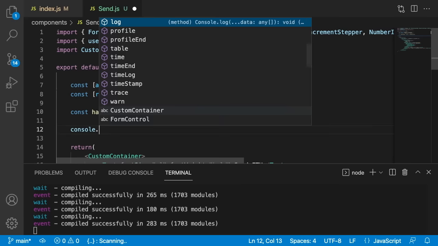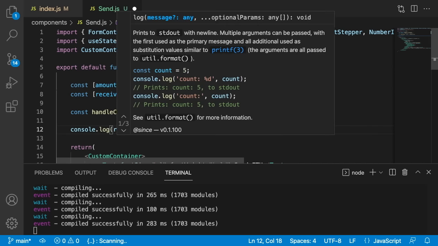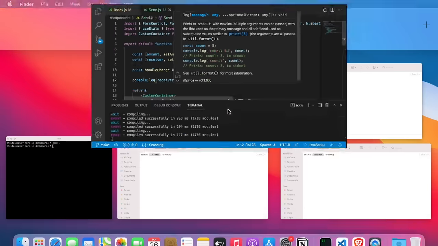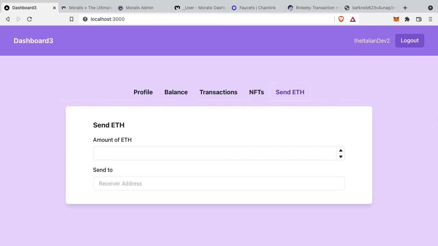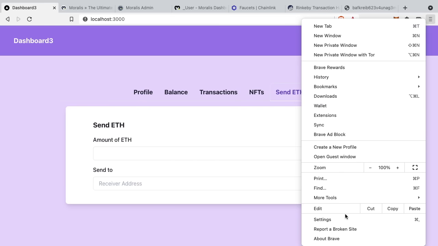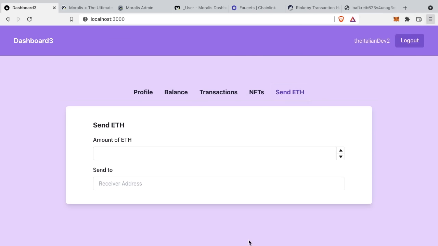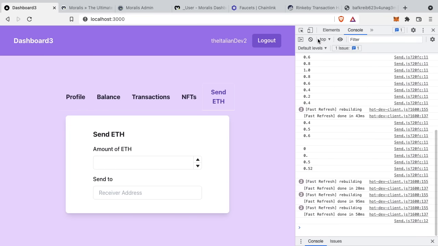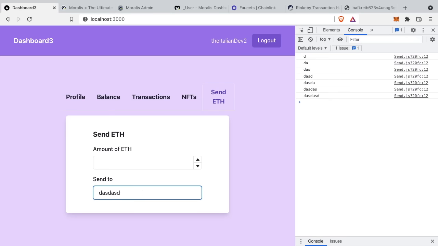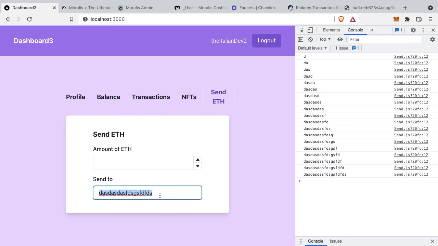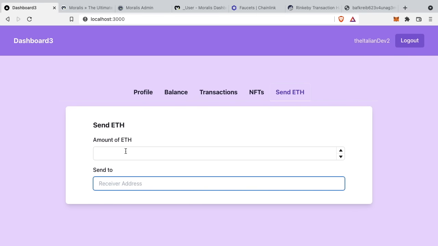Just console.logging the receiver, save, go back to our browser, open again the developer tools, clean everything and start to type in the receiver address. Perfect. So we are taking also the receiver address. So now we have everything to